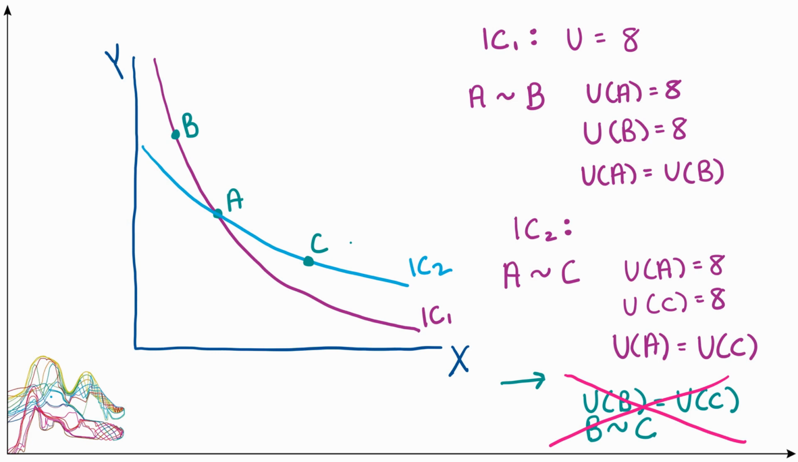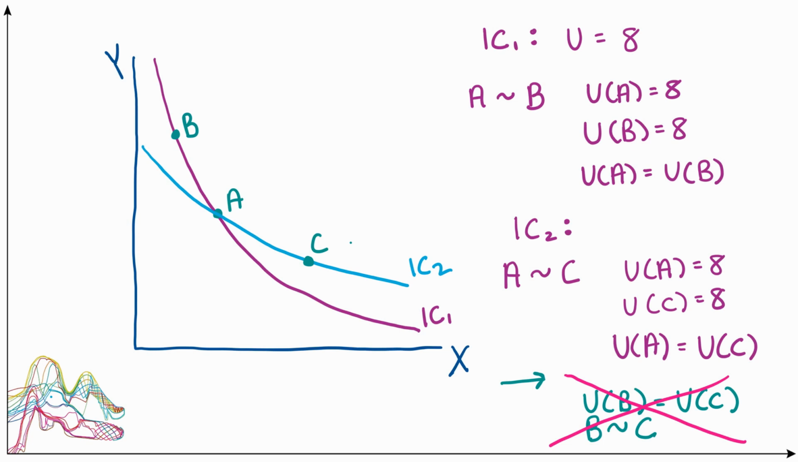So here's the basic outline of the argument. Note here that I have an indifference curve 1 that's at a utility level of 8, and then showed that points A and B were both on indifference curve 1, so they both gave a utility of 8. And then I introduced this crossing indifference curve 2, that also had point A on it,